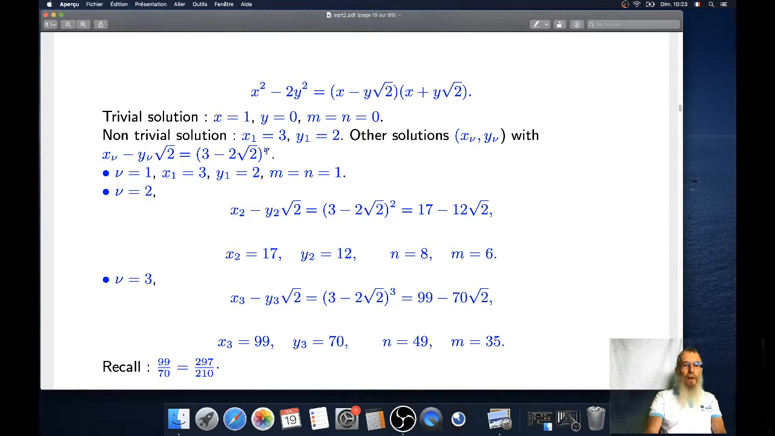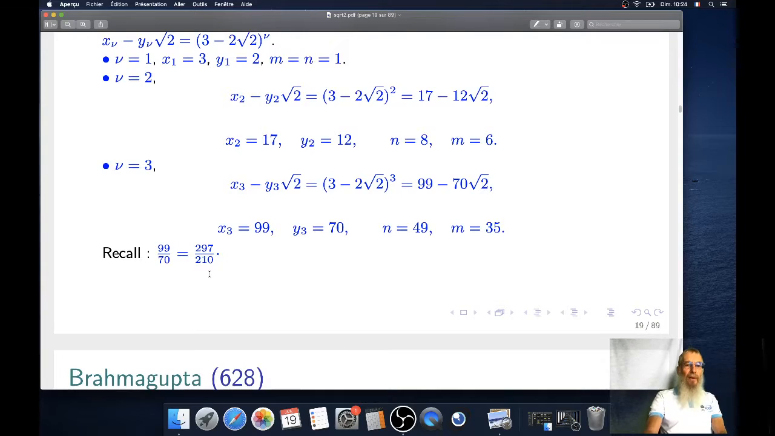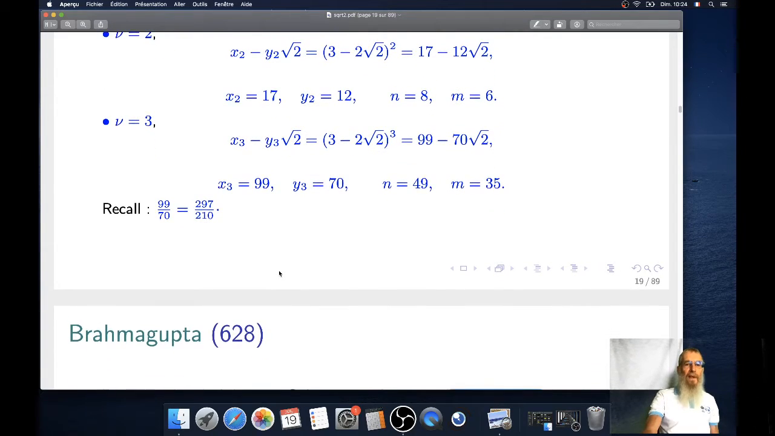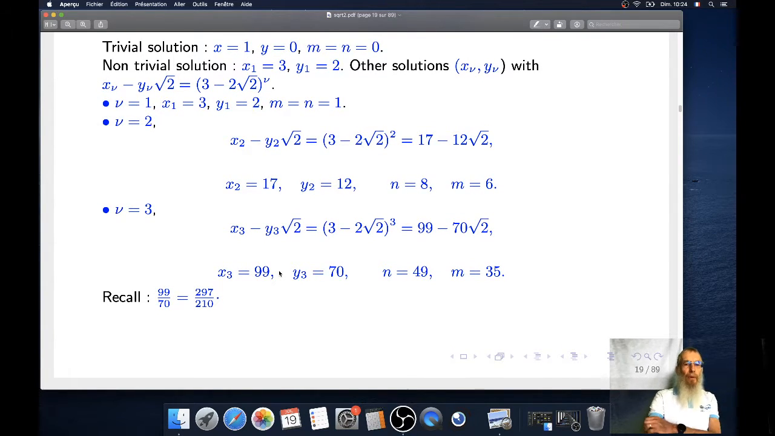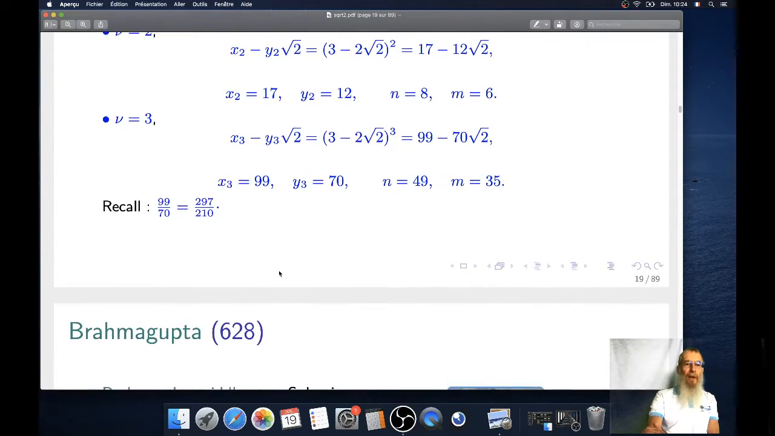And if you take the cube, then you get the solution 99, 70, which gives the house number 35 in a street with 49 houses. Let us look at this solution of the equation x squared minus 2y squared equal 1, 99 and 70, and you remember that 99 divided by 70 is the ratio of the A4 paper, 297 divided by 210. This is not a coincidence. So you will get the solution to the puzzle by taking nu equal 4, but this is not how Ramanujan